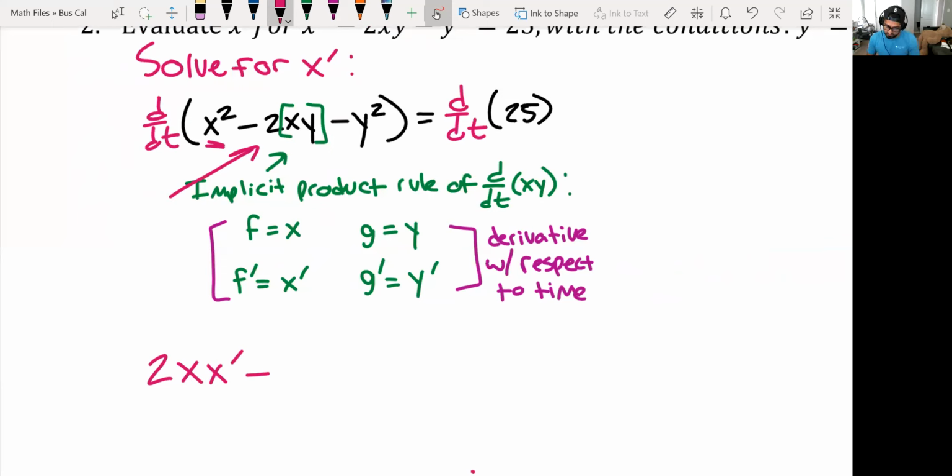So you're going to have minus 2 times, and now let's finish the product rule for those two terms. f prime g is going to give me x prime y plus g prime f gives me y prime x, but I'm going to rewrite it as